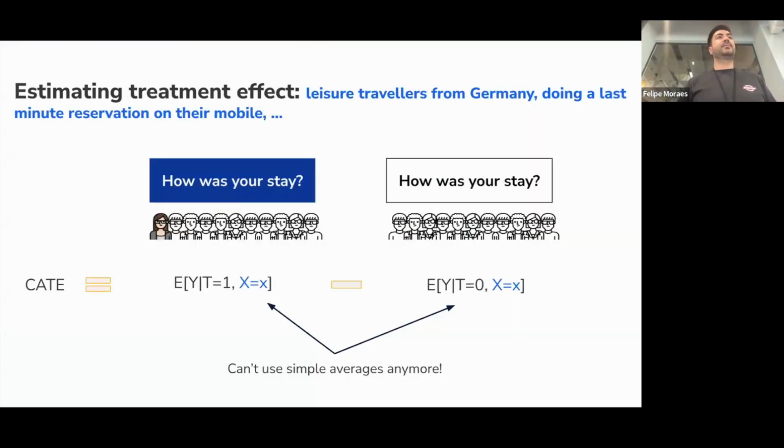Why can we not use simple averages? As I mentioned, as your group becomes more specific, you don't have a lot of people to measure this. You might not have enough samples in your data to use only a simple average, and you might want to go, as I mentioned in the beginning of the presentation, from inference to prediction, because so far what I have told you about is the inference part, where you just use the data and estimate this, and you go to prediction. And this is the next slide.